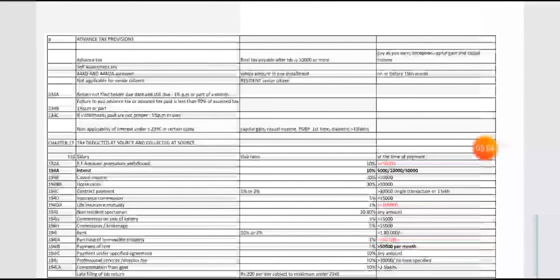For certain cases, 234C is not applicable. What is 234C? Where advance tax is paid, but the amount paid is less than the installment due. This is not applicable where the shortfall or underestimation or failure to estimate is on the 4 income. What are the 4 income? We have already spoken about 2: casual capital gain, casual income. PGPP, if they are computing it for the first time, there may be a failure, and yes, we will give